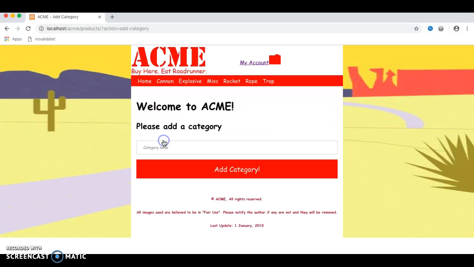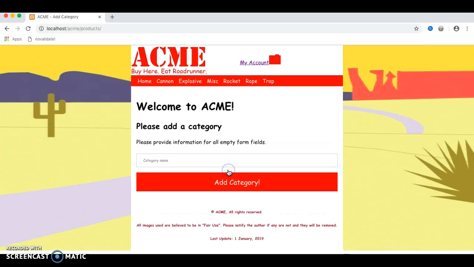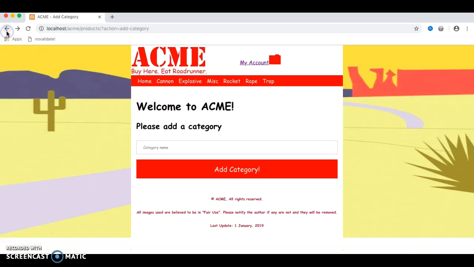First of all, I'll validate the add new category. I'll try to add the new category, and as you can see, I'll get this message here. I will click no validate and try to add without a new category name being entered. And as you can see, it's been validated by the server side, by the server. I'm moving back,